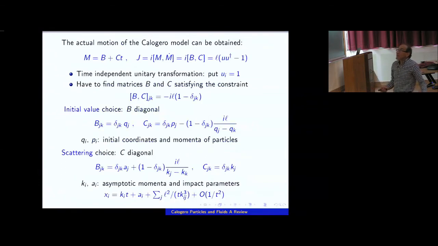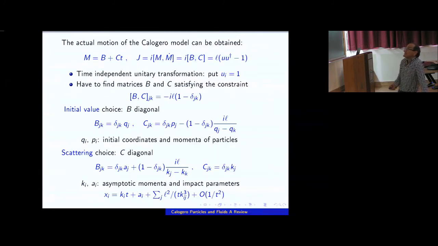We can actually figure out the actual motion of the Calogero model. We can find how these particles will evolve. This picture that I showed you before, we can find it explicitly because the motion is free. So m dot is constant. So m has to be a matrix plus another matrix times time. That's the general solution. These two matrices have to satisfy the angular momentum constraint, that this conserved quantity, which is the commutator of these two constant matrices, has to have this form. So any choice of Hermitian matrices B and C that satisfy this constraint would give us a motion of this system.